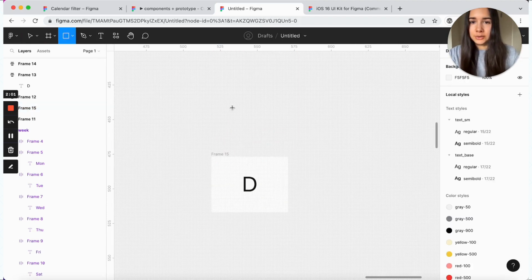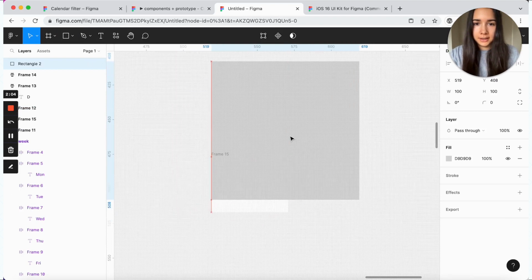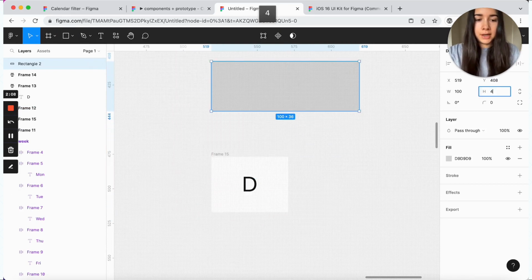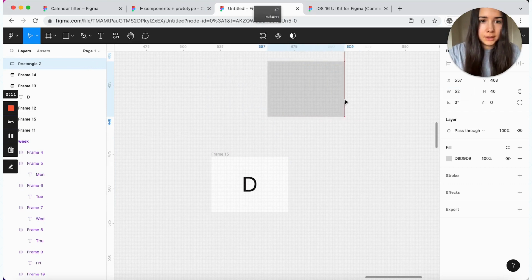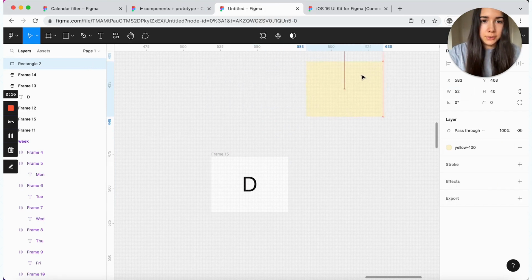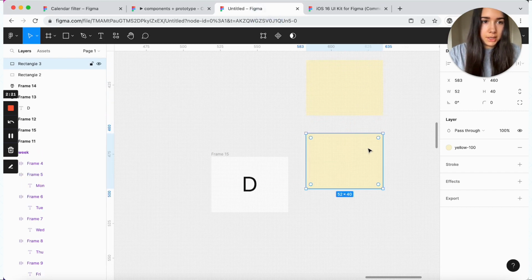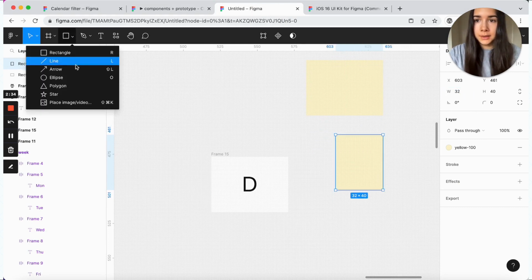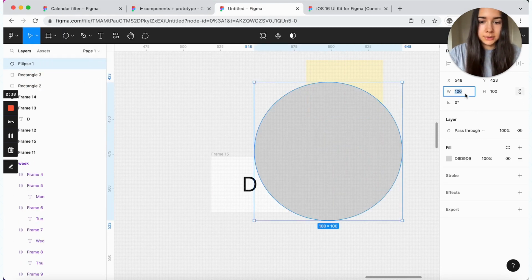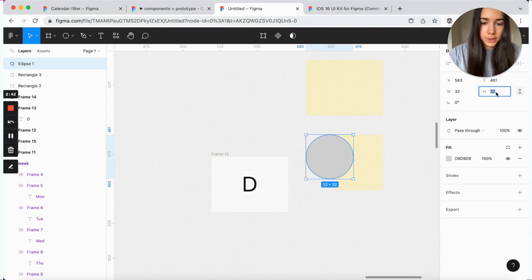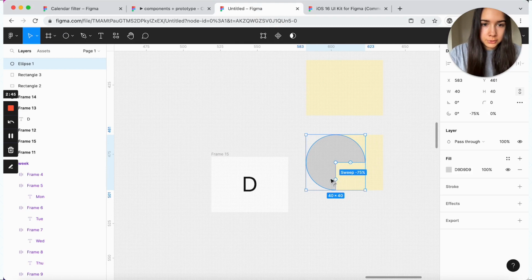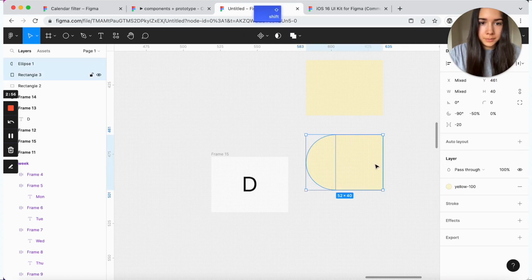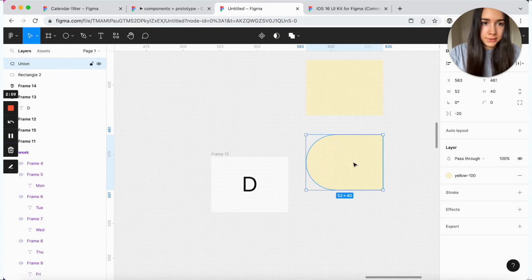So first thing I'm going to do is make this rectangle here. And it's going to have a height of 50 and a width of 52. And we will make it just a yellow. And then we're going to make a copy. And this one will give the width of 32. And then we're going to create an ellipse. And this one is going to be 32 by 32, 40. And we're going to just make a half and update the start to be like this. We'll also change the color to yellow. And then we'll make a union of these two shapes here.